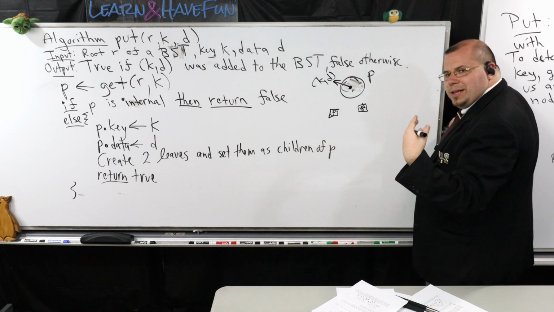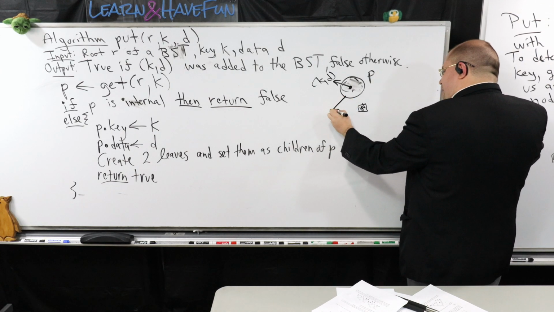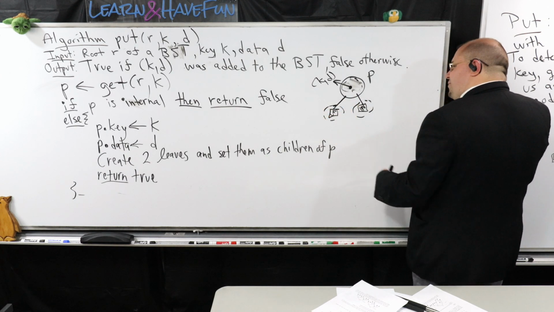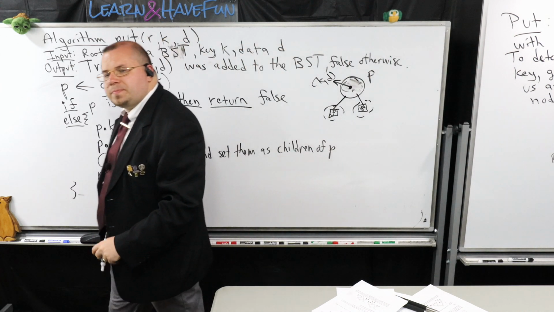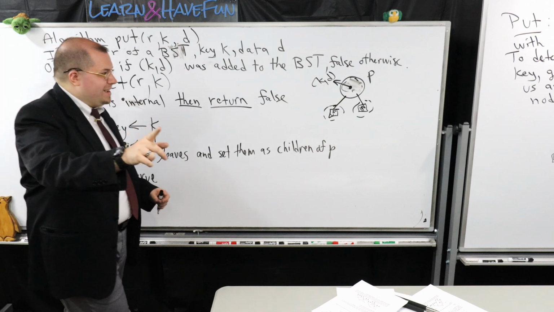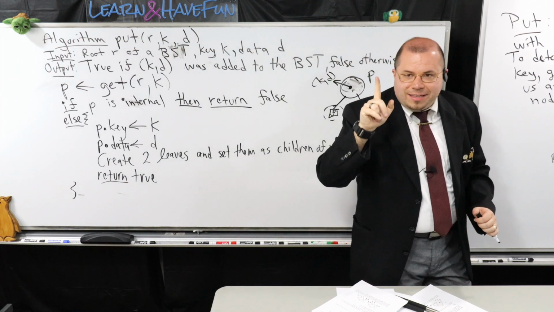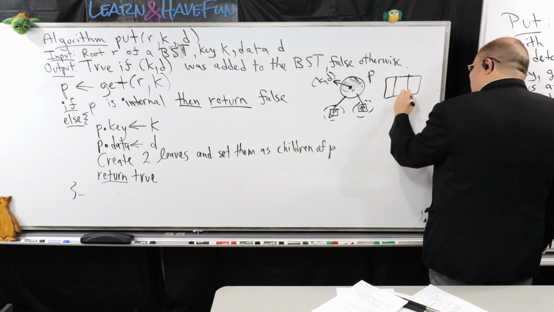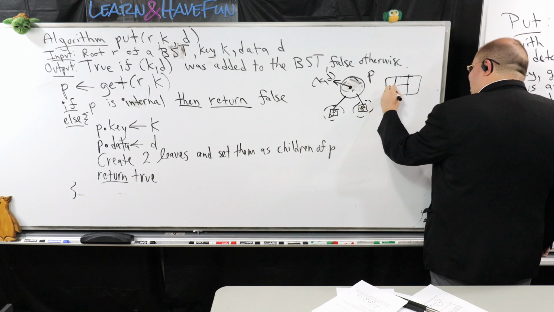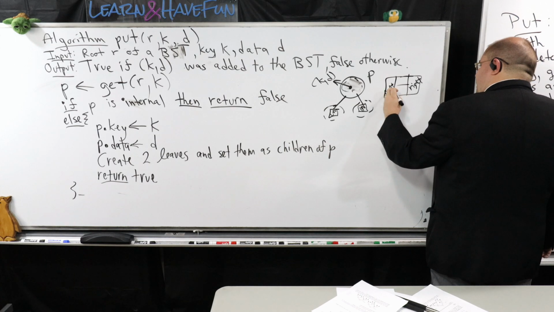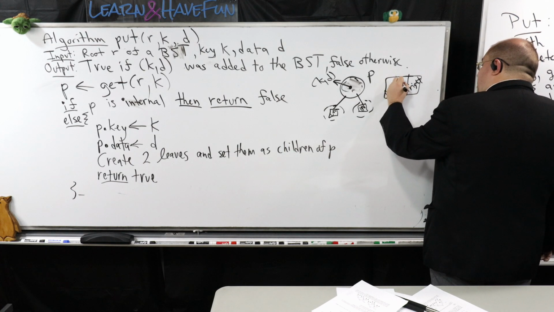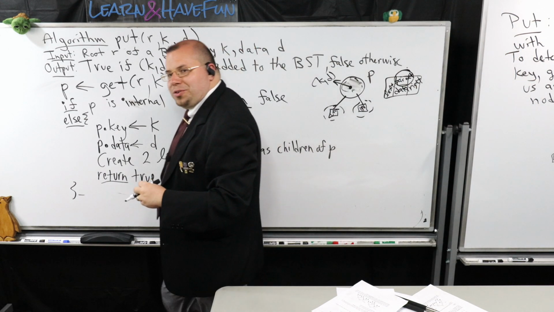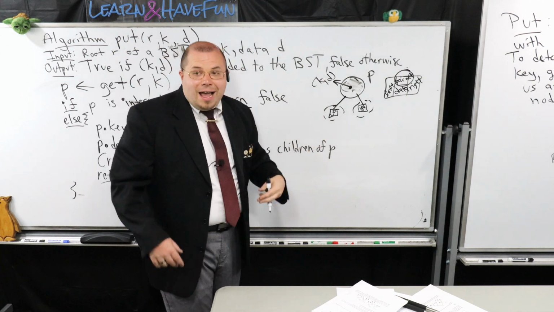Well, I would need to update the left attribute to point at one of them, the right attribute to point at the other. But what about the leaf children? Do these have to have any information updated for them? Yes, the parent attribute. I bring this up because it's a very easy thing to miss or forget. Remember, each one of these nodes has a left attribute, a right attribute, it has data, and it has a parent. So the children need their parent attribute updated. You just make sure that they're pointing back at P and you're all good.